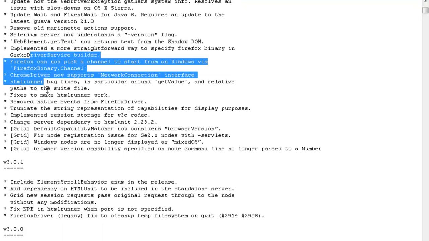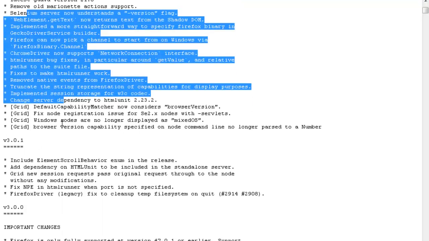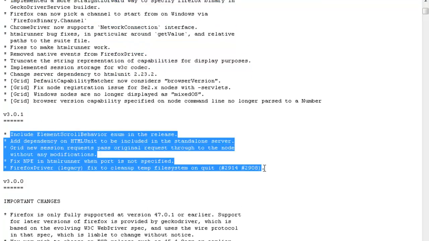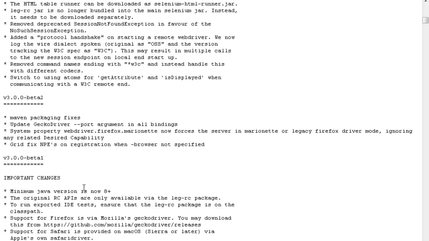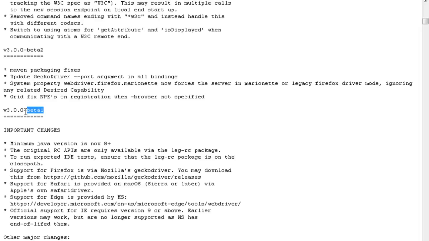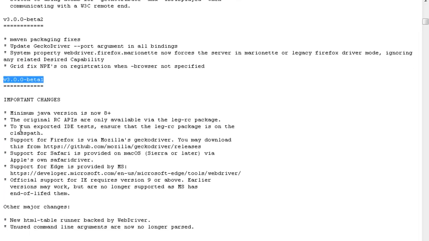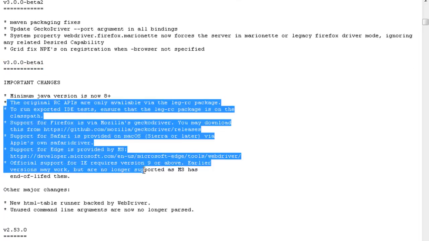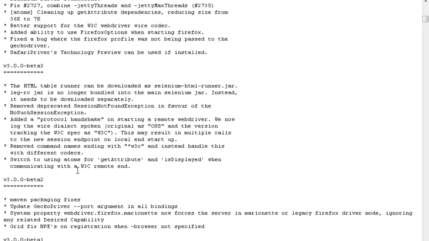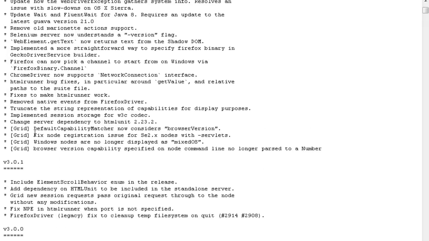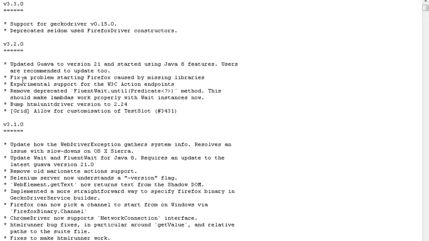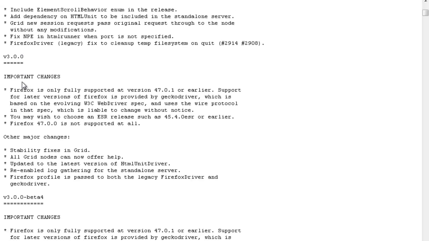These have been the fixes in Selenium 3. They have included all the changes. The Selenium 3.0 beta version came up and it had a lot of drawbacks. Gradually they have fixed a lot of things, and still they are fixing stuff.